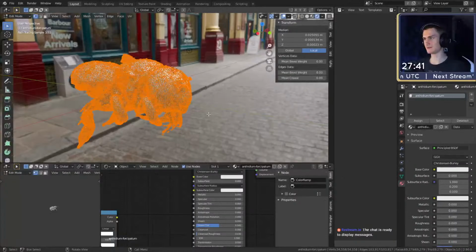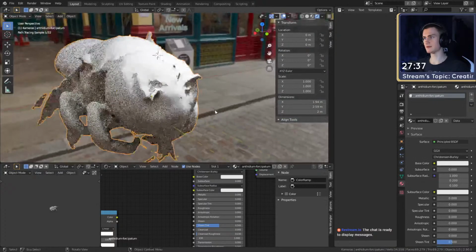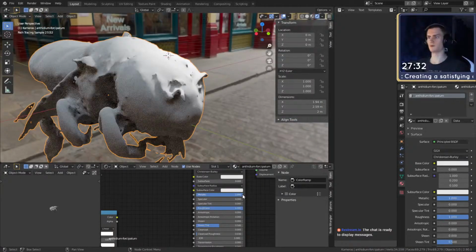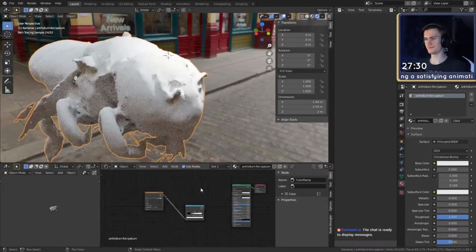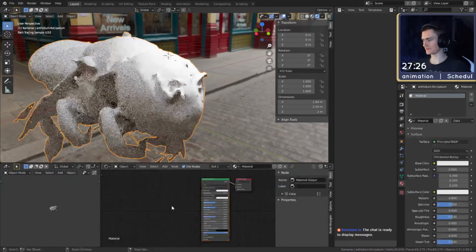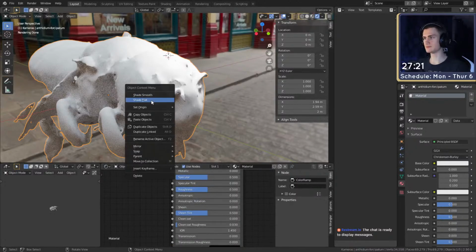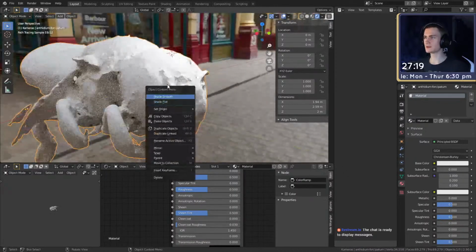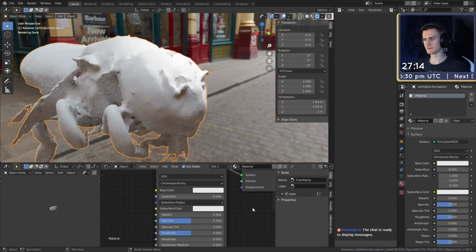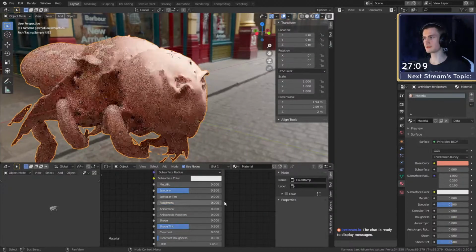Hold on. What if we recalculate the inside-outside? Maybe that works. Now? Metallic? What? Okay. How about we just make a new shader? Plug the textures in here again. What happens if I do it now? What if you go to flat? We can see it's quite low poly, so it shouldn't be a problem in terms of geometry.